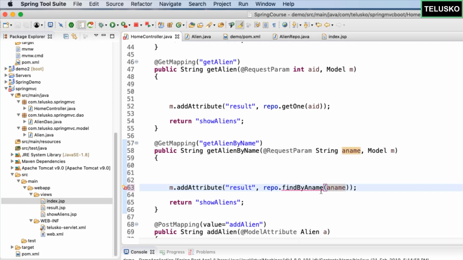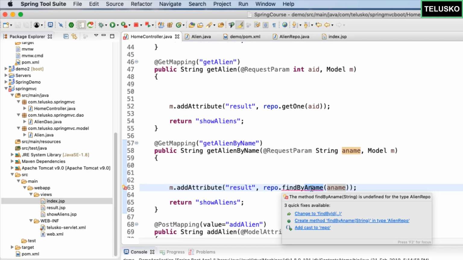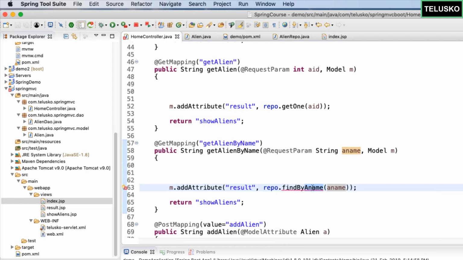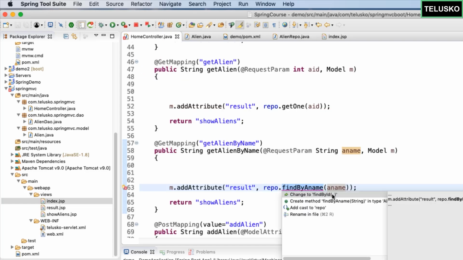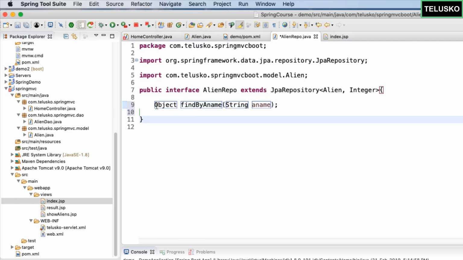But you can see we got an error. Of course, we don't have this method anywhere, and this is your own variable. Even JPA doesn't know that you want a name there. So what to do now? Since this method is not available in JPA, what if you create this method in your own repository? Let me click on this and say create method findByName in the alien repo. You can see we got the method, and this will return you